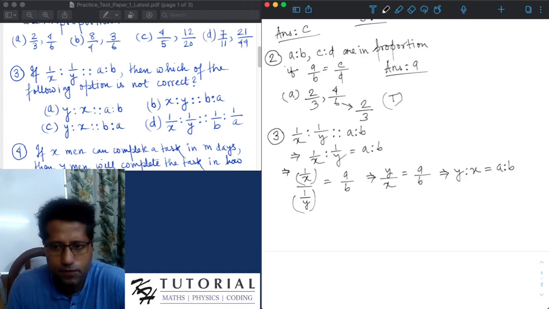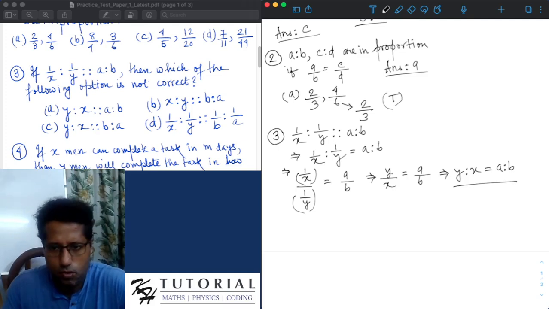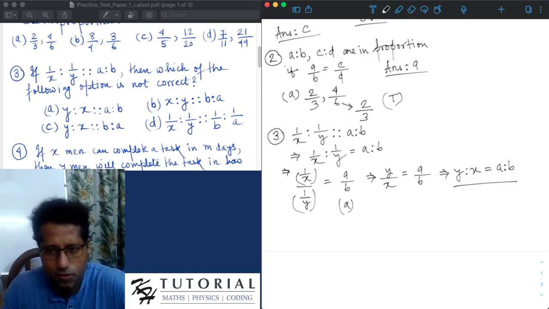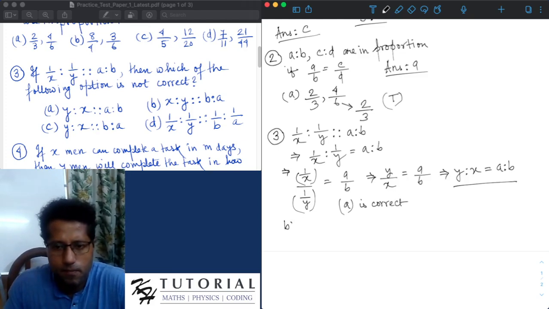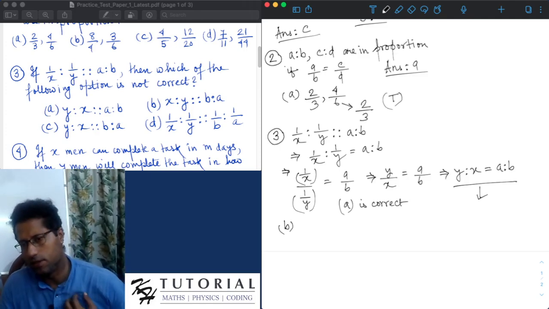Now we have to see which choice is incorrect. Choice A: y is to x is in proportion to A is to B. This is exactly what we have derived, so choice A is correct. We have to select the incorrect choice. Now B says that x is to y is in proportion with B is to A. Now from this